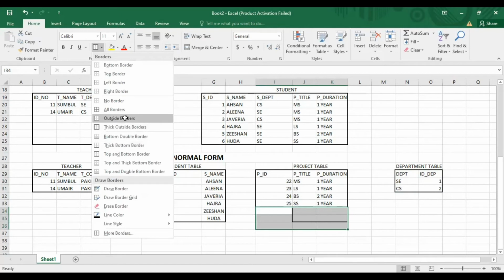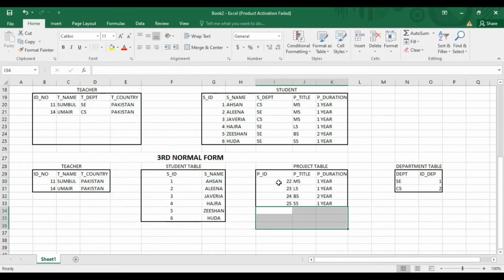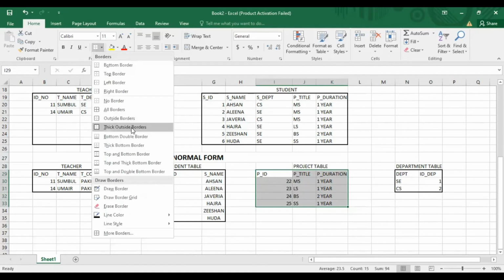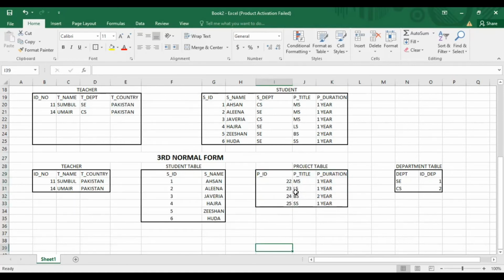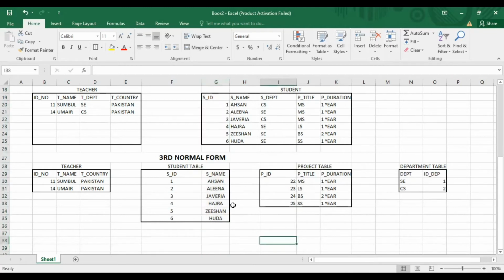We have divided the tables, and now you can see all of them. We cannot recognize which student is in which department, which student has which project, and which teacher is head of which students group.